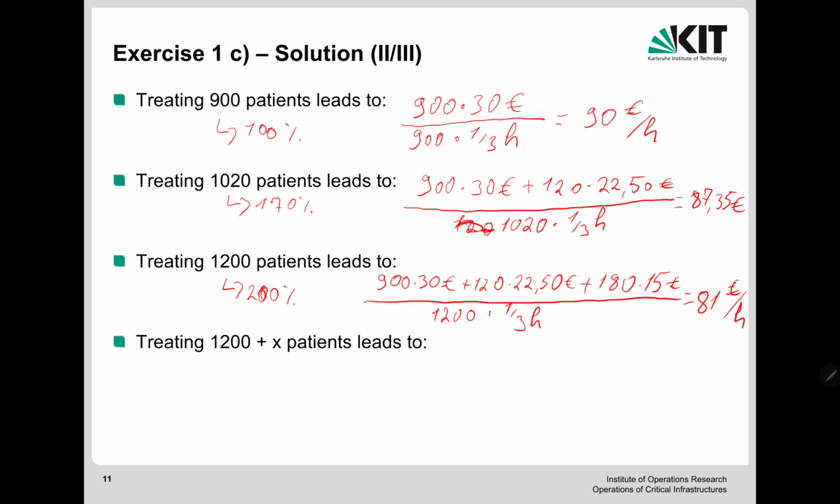Okay, and everything above this 200% limit, she will get only 25%. Okay, so 7.50 euros. That means we have here all the way again 900 multiplied by 30 plus 120 multiplied by 22 euros and 50 cent plus 180 patients will be given 15 euros for these patients plus, and this is what we don't know,